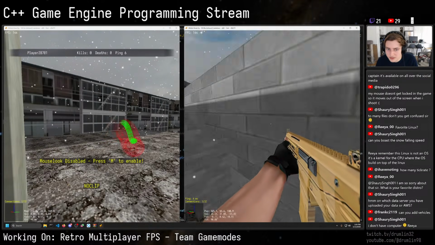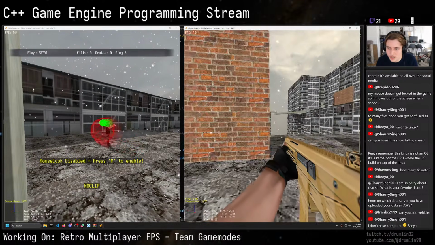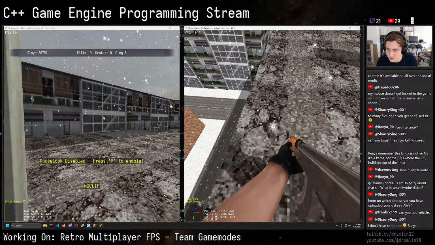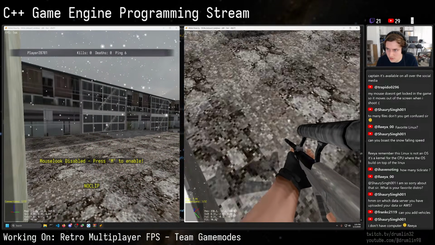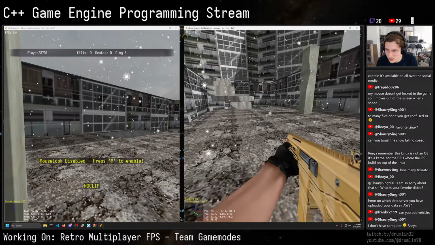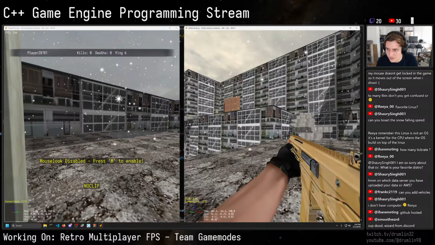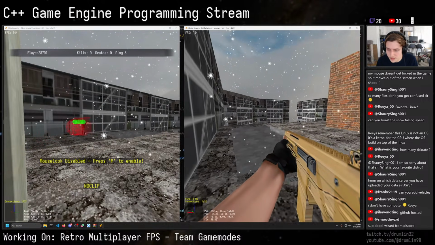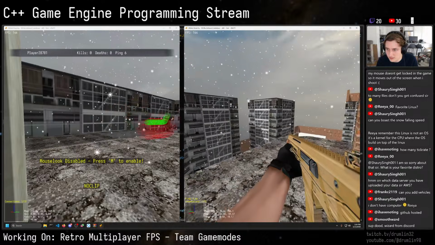The easiest way to solve this would just be to have a height map of the level that the particles sample when they try to render, and then test against the height map. And if it's underneath the height map, then